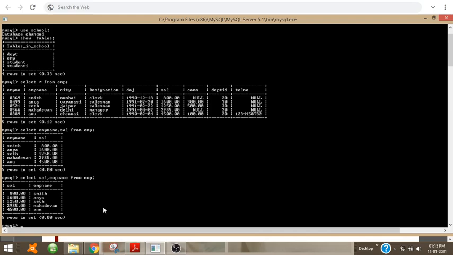Now, if I want to select only those employees who are from Mumbai, I want to see only the employee name and salary of only those employees who are from Mumbai.